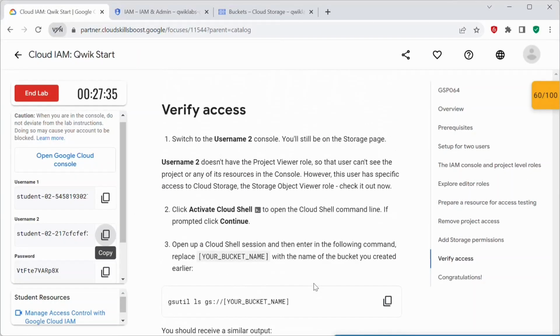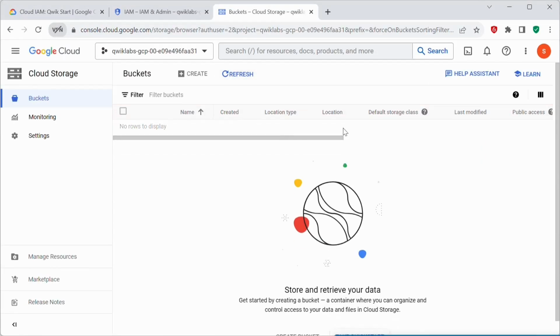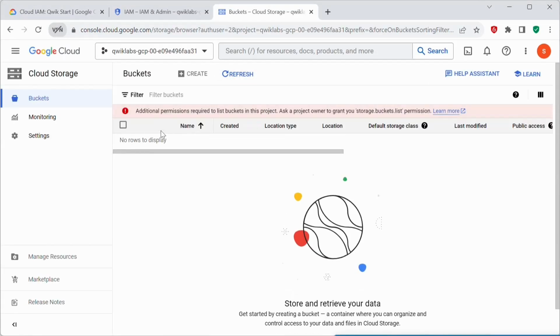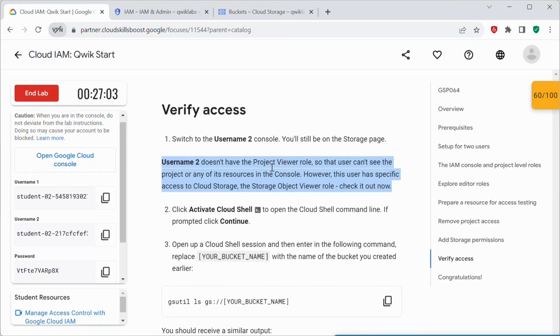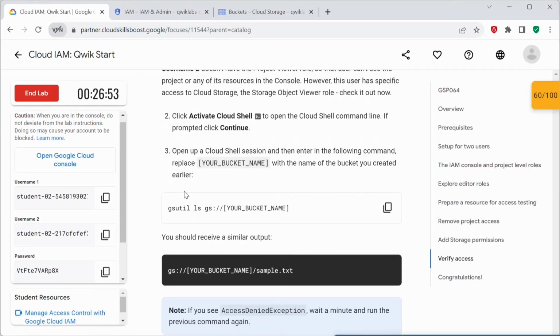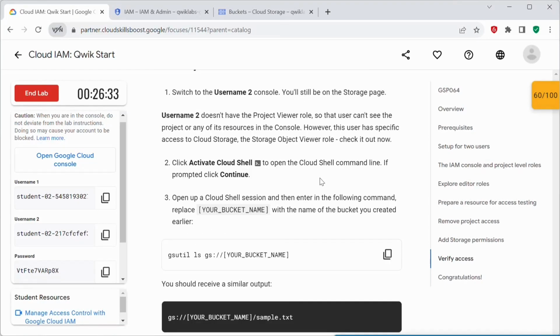So now let's verify this access. Let's refresh this page. Still he is not able to see here. The reason is this user is not having a project viewer role. That's why he's not able to see any of the resources, even the files inside the bucket. Since he is having the cloud storage object viewer role, he can access these files from the